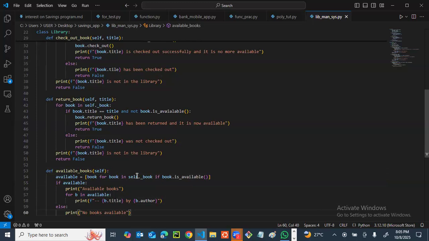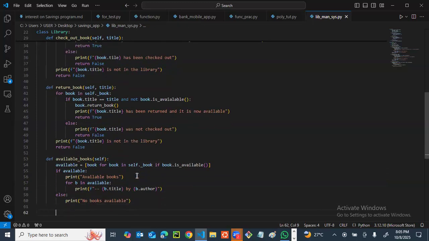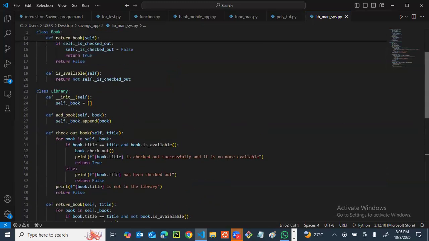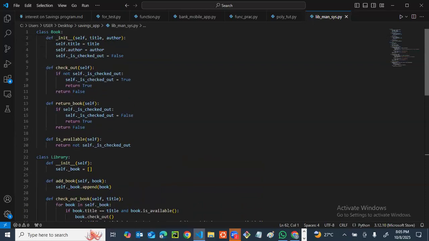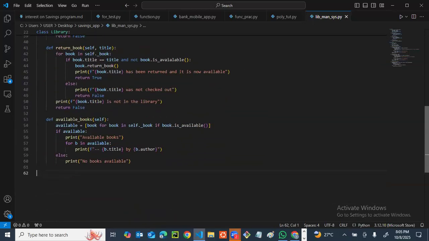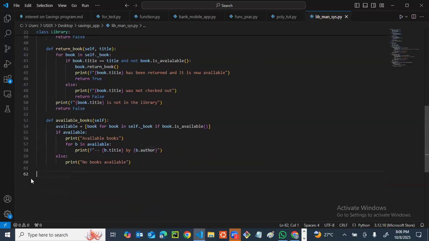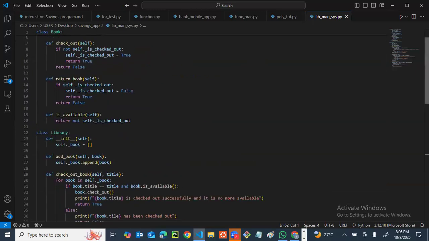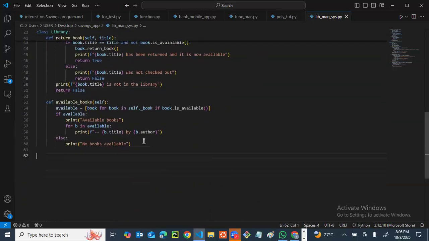Now we've done all of this. Now let's test our program to check if it works as expected. So we are going to start from the very basic of testing our book class, right? So the first thing we need to do is to instantiate or initialize our book class. So let's create two objects for our book class, two book objects, right? So let's call the first one book one, and